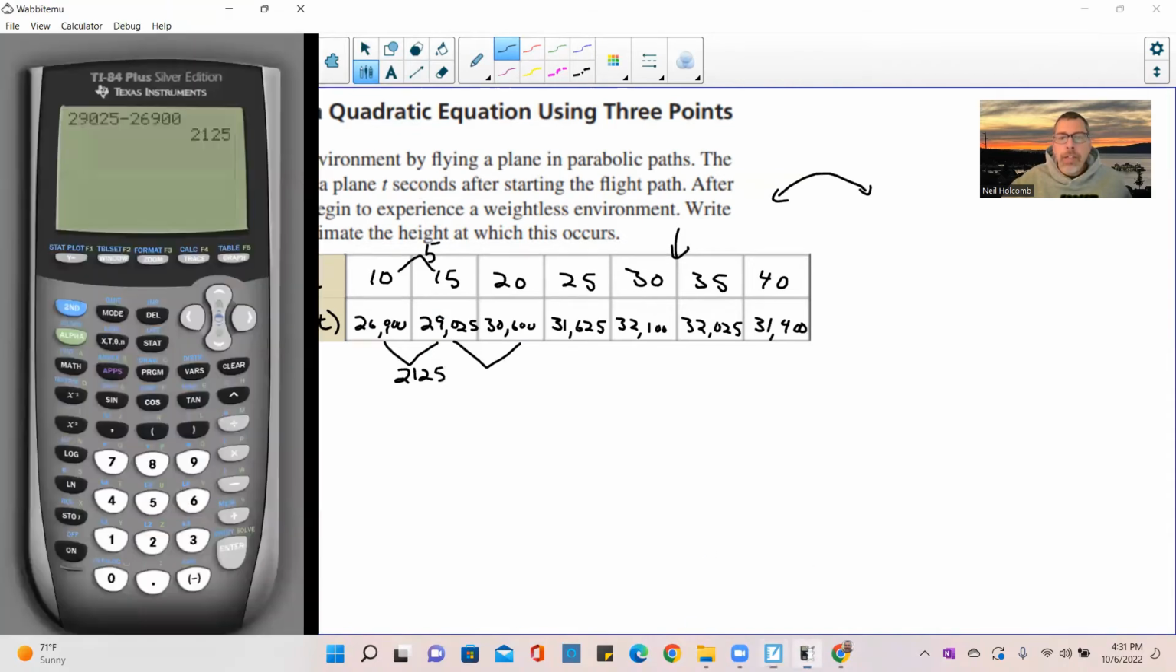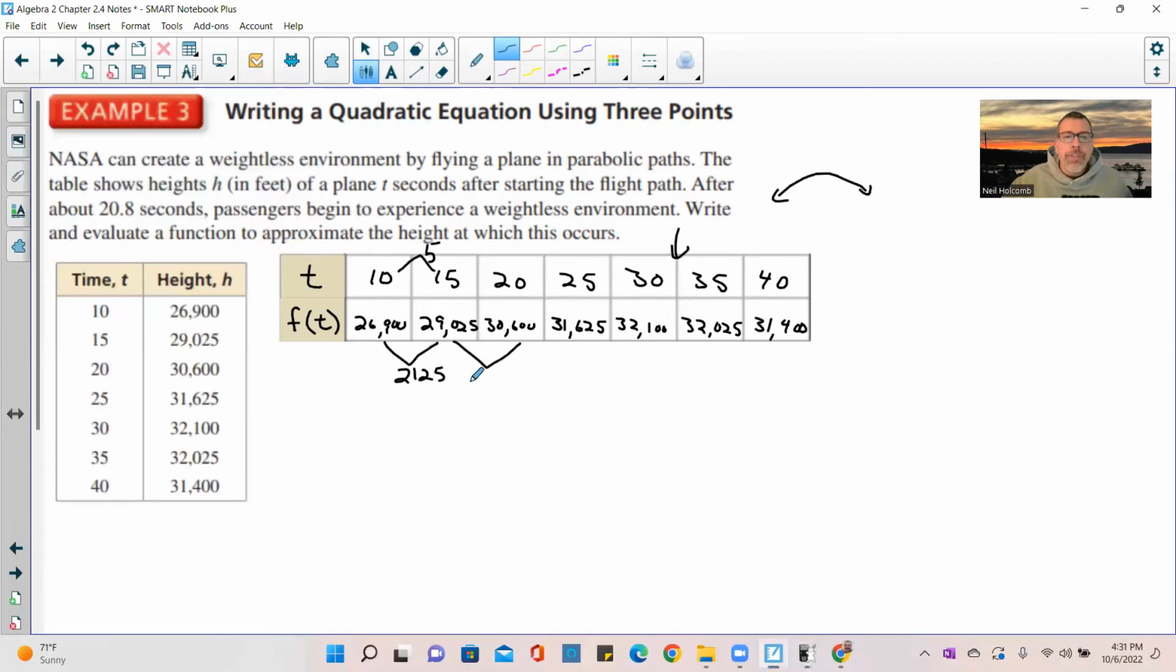Okay, go back to my calculator. 30,600 minus 29,025 is 1,575. Okay, so now when I look at these first two, I notice they're different. So I know for a fact now it's not linear. Even though it was increasing then decreasing, this confirms that it's not a linear function because they weren't equal on